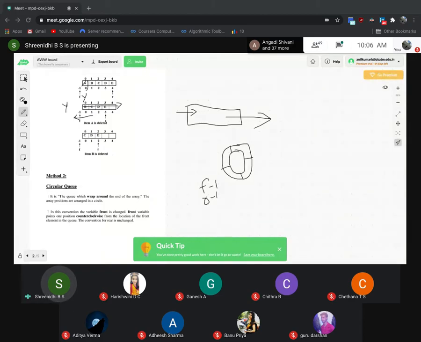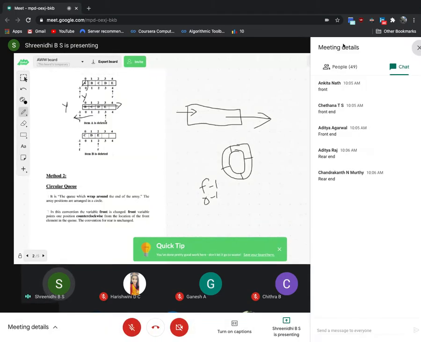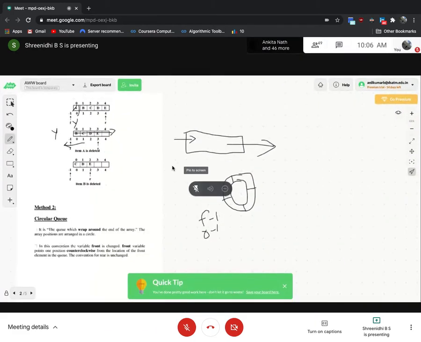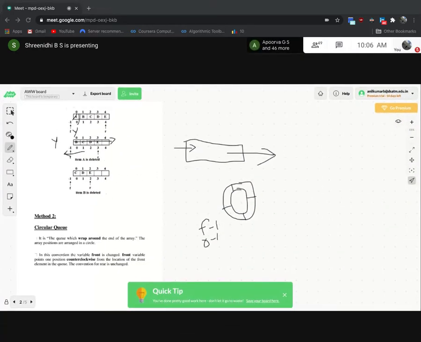Initially both front and rear will be initialized to -1. The rear end is used to insert the data. The front end is used to delete the data from the queue. Last class also I explained, and if you have not learned, please listen carefully.